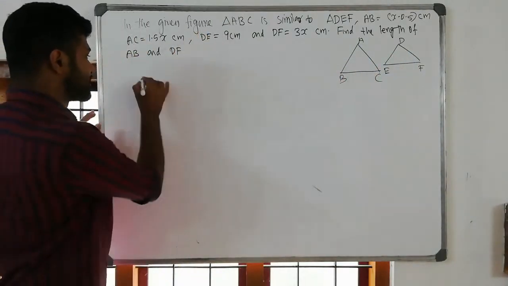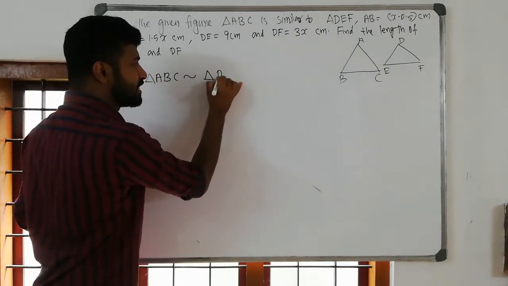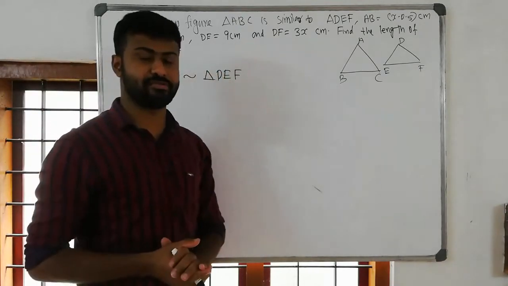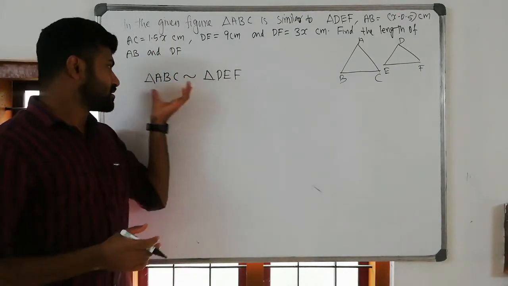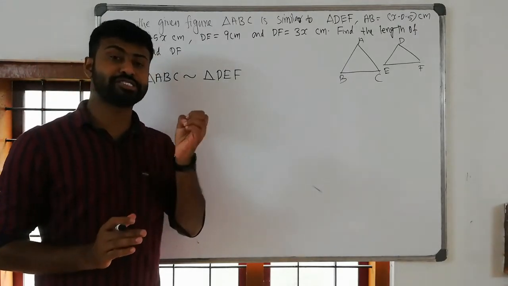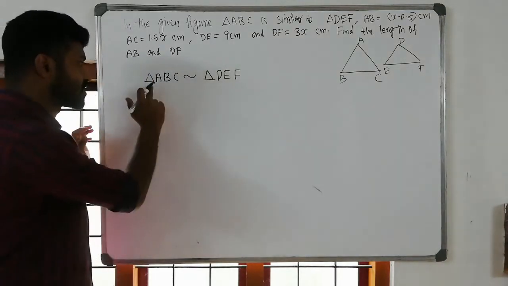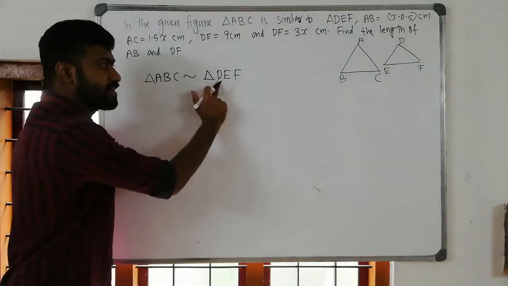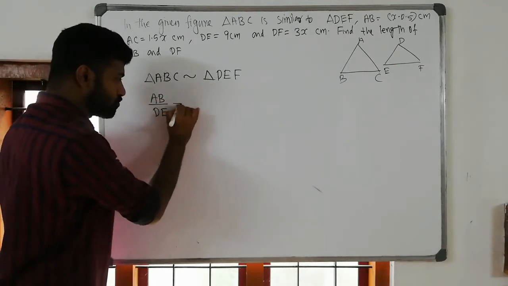Given that triangle ABC is similar to triangle DEF and the length of some of the sides are given, we are going to write the corresponding sides. Since the triangles are similar, the corresponding sides are proportional. Consider the first two vertices, A and B. AB is the side, here DE is the side. So AB by DE is equal to